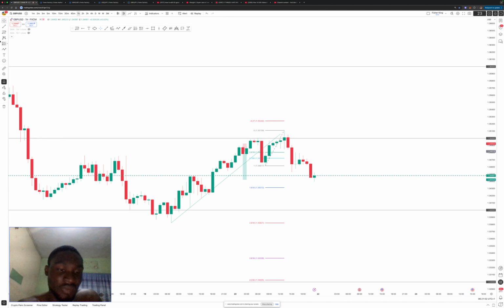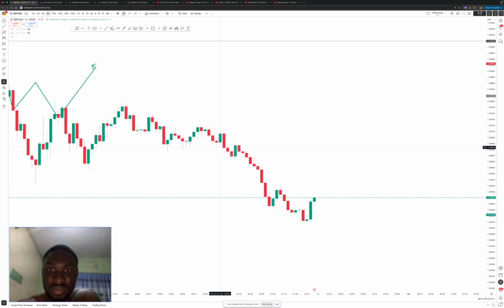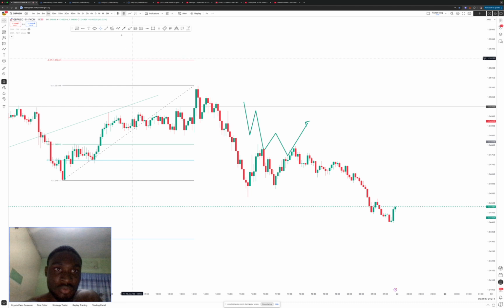And if the 5 minutes does not give me that, like in this example, you can see that the 5 minutes didn't give me such a thing. Instead, it just kept on going down and down and down. Since